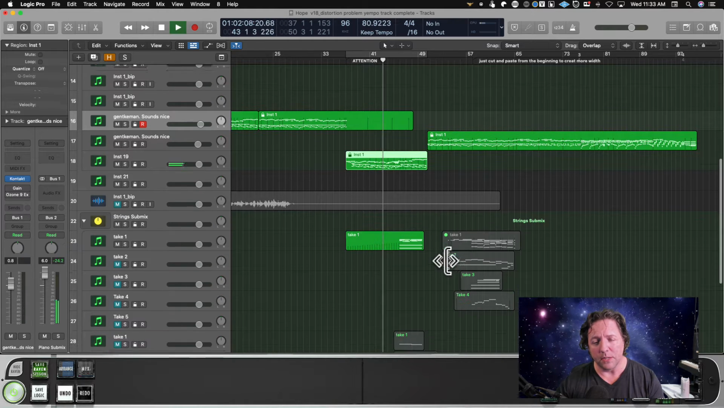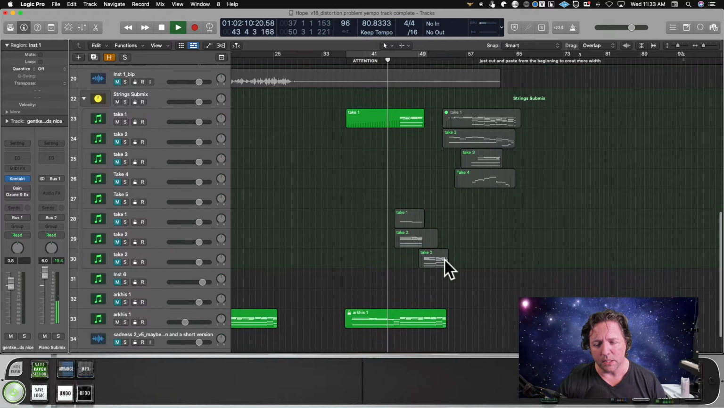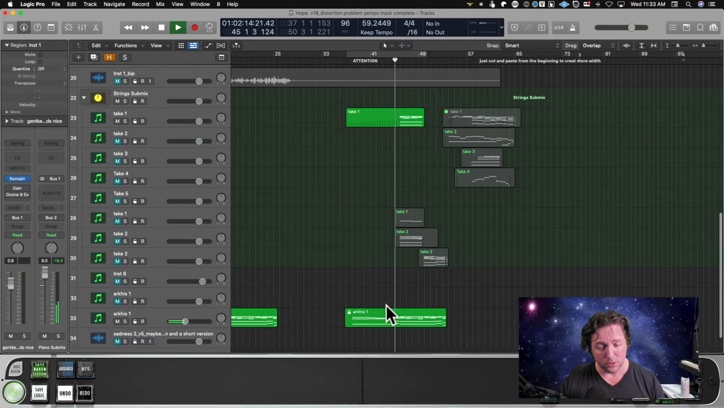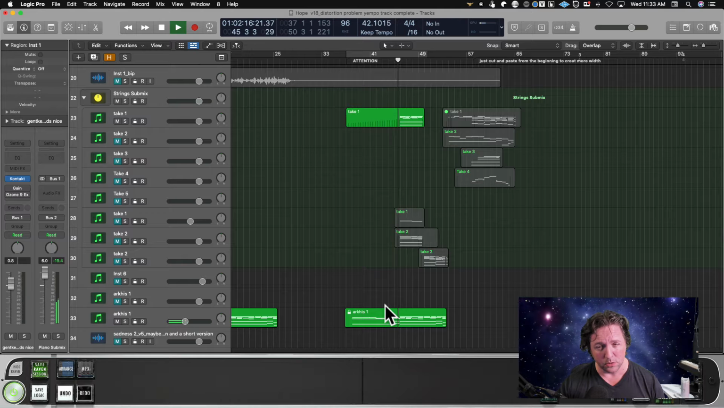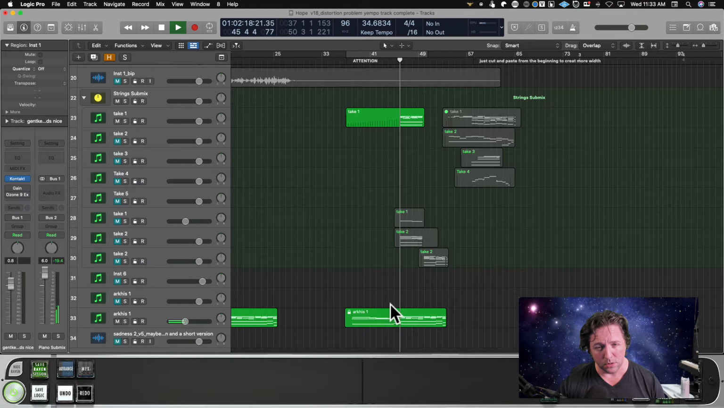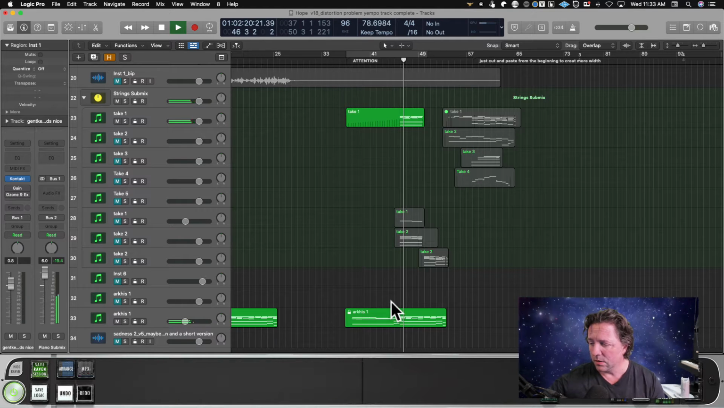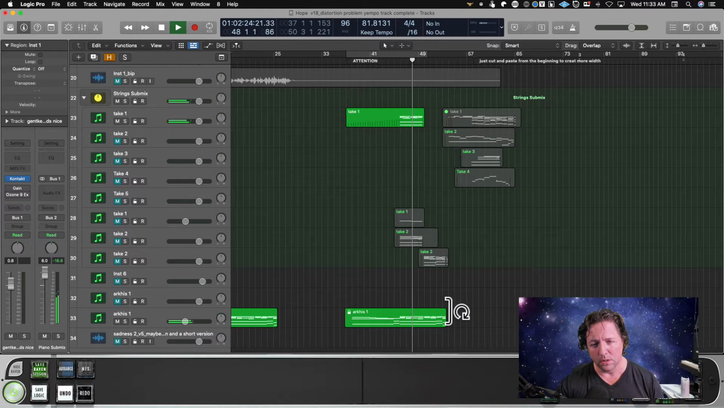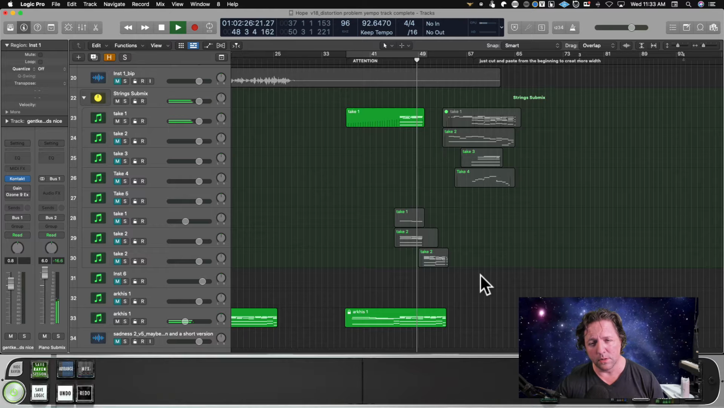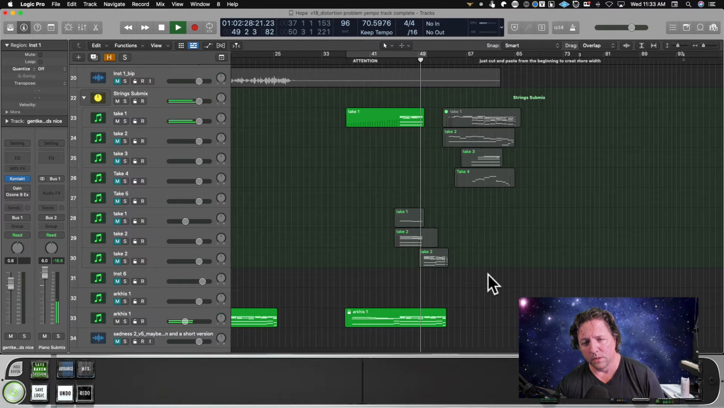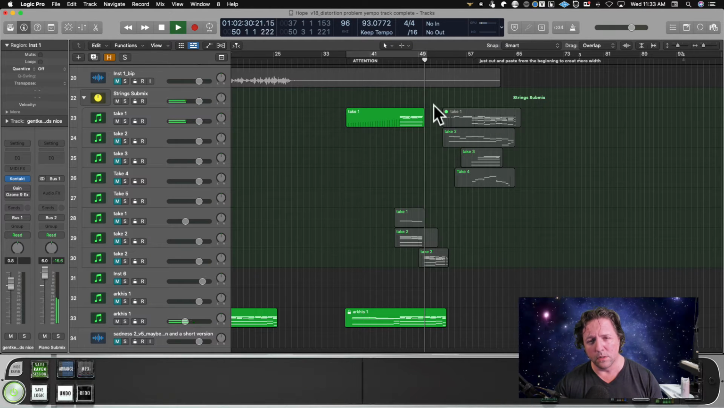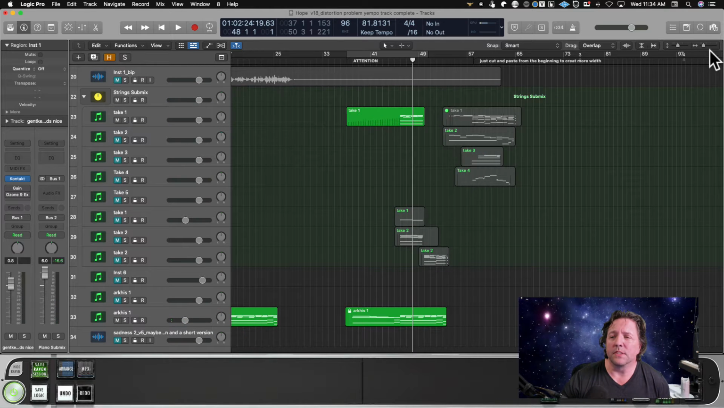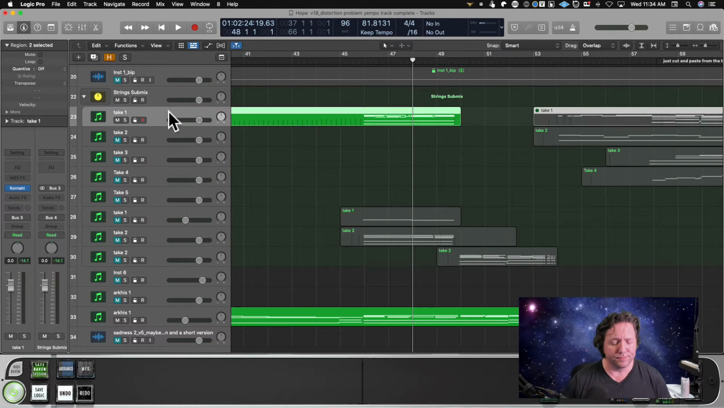Now here's where we come into the second part of these strings coming in. And I'm just going to continue that to its natural kind of